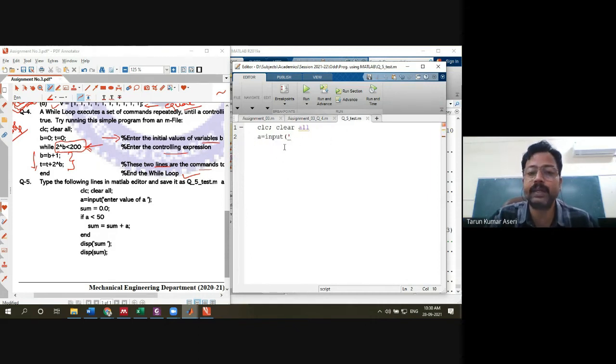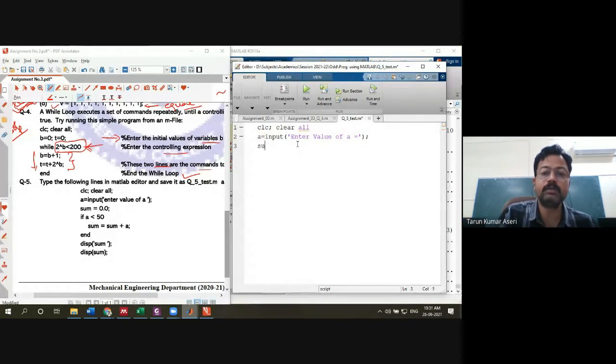While you are executing this command, MATLAB will ask you with a sentence, enter value of A. I am typing here equal to also, and this is close and semicolon.